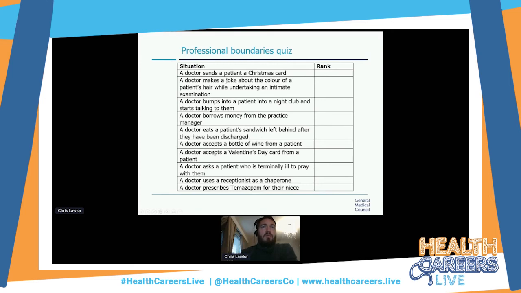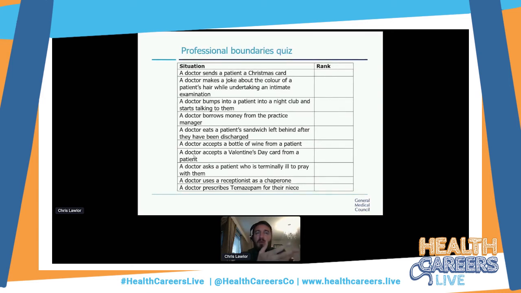And we've covered the wine. We've got the Valentine's Day card, which is similar in a way to the Christmas card, but that's you. This is you accepting a Valentine's Day card. So again, it depends on the situation. If this is a young child, if you're working on pediatrics and you've maybe got a 5 or 6 year old child who doesn't really understand what Valentine's Day is, but they just want to make a card and give it to you because they think it's a nice gesture,